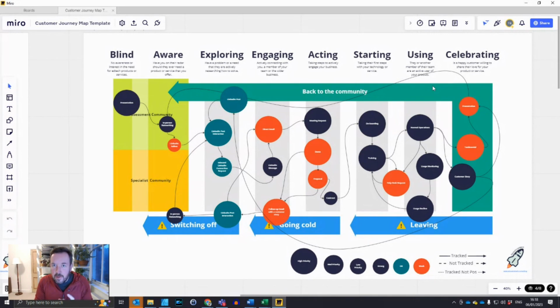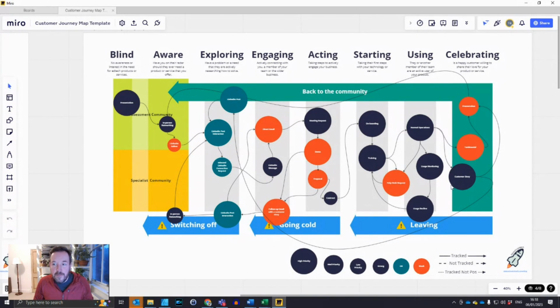And throughout this journey, what I've got along the bottom is a space really where you can monitor and track what's going to happen. What happens if things go wrong? What if people are going cold? What if people start to have problems? And as part of that customer journey map, then you can build in means by which you can pull them out of that space, so put them back into a happier space, ideally using your products, and then into that